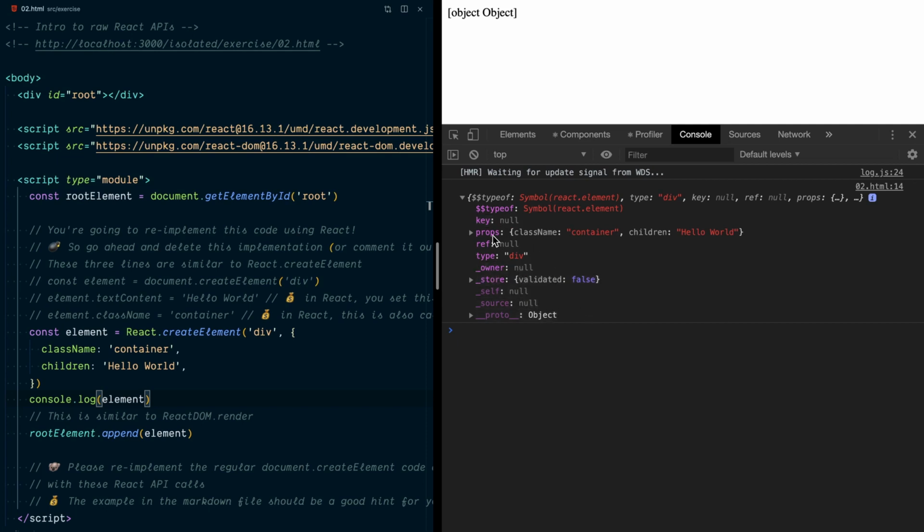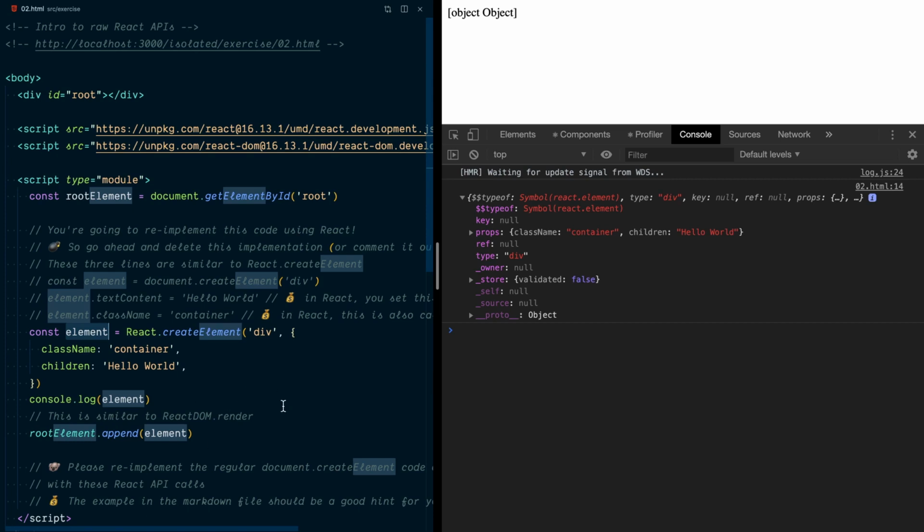But really what we're focused on here is the type, which we specified right here, and the props, which we specified as the second argument here. And so we get a className and we get our children. So let's go ahead and take this element and say, hey, React, I've got this cool object here. I want you to take this element and put it onto the page. And so what React is going to do is it'll create a DOM node that this represents. It will set all the properties for us, and then it will append that to the page,